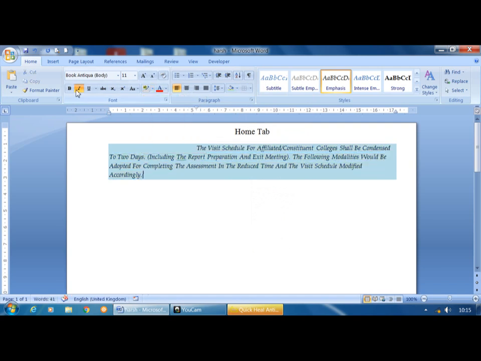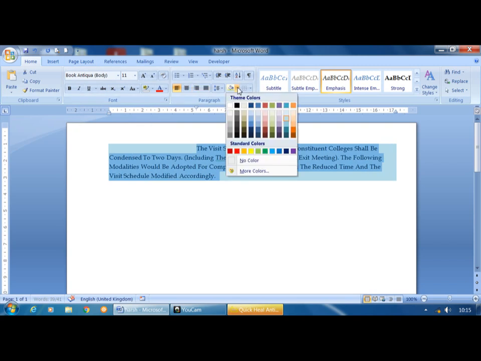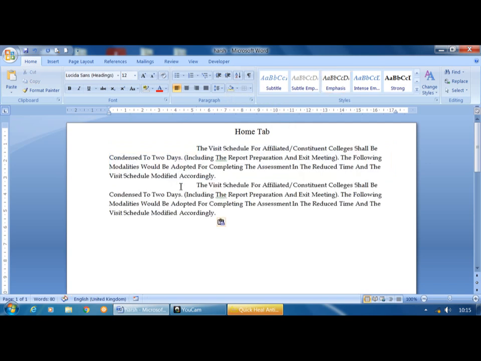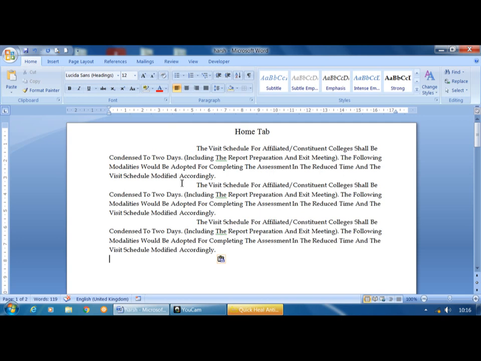Then I will deselect the italic option. Then I will deselect the shading also. Now I will copy the entire text a number of times. Control C, then place the cursor here, Control V. So Control V, Control V.